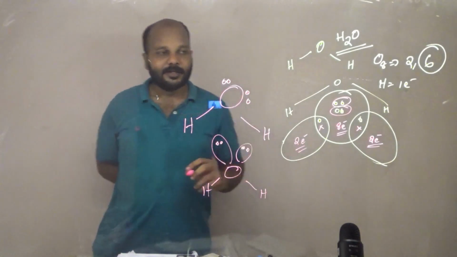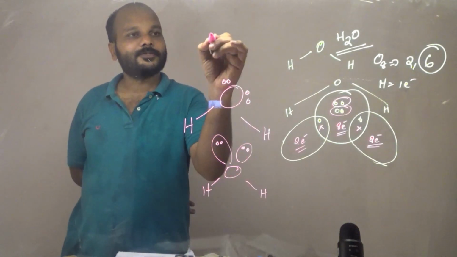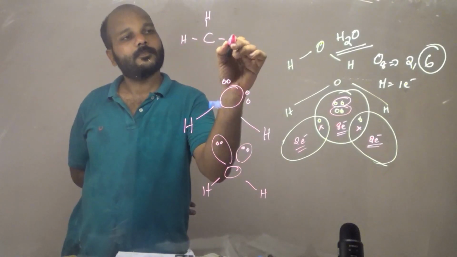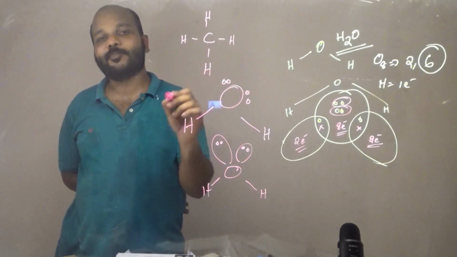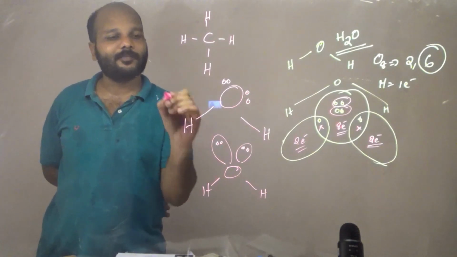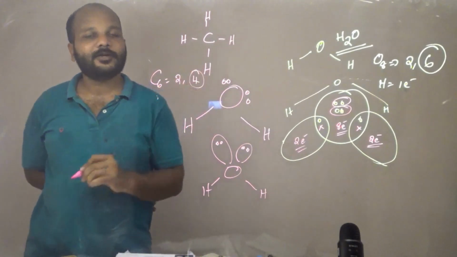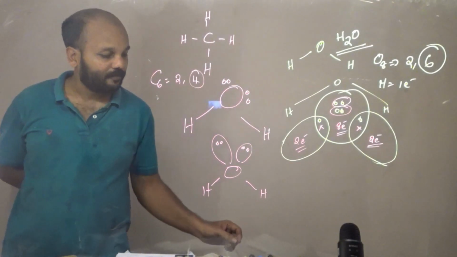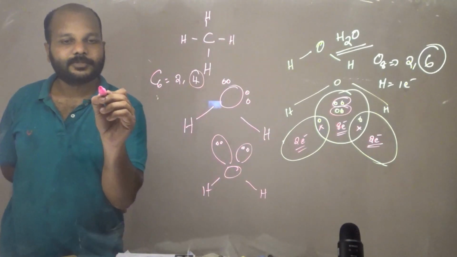Okay. Now the next example is methane. So in methane, carbon is bonded to 4 hydrogen atoms. Now carbon has atomic number 6, so it is 2, 4. So 4 electrons are there in the outermost shell. Yeah, so if I count it, I can write, this is carbon,